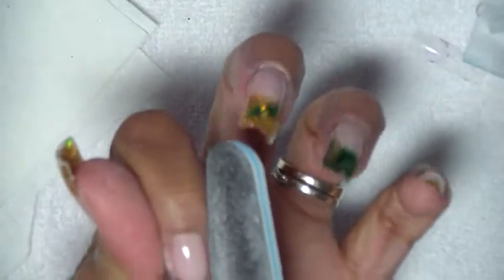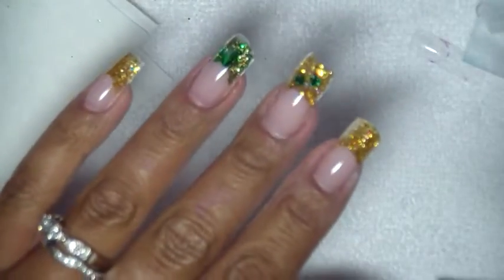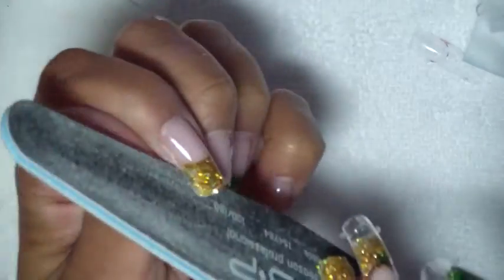So it's not very much, especially if you do a nice neat job, you're not going to have a lot to file away. You really don't want to file off the top, because as you can see, that shine that comes from the dual form, you don't want to really file into that and mess that shine up. Okay, so we're just going to do this,